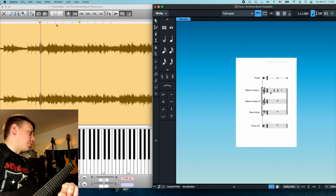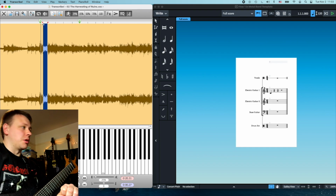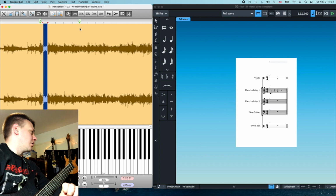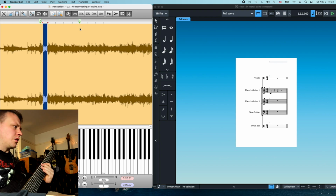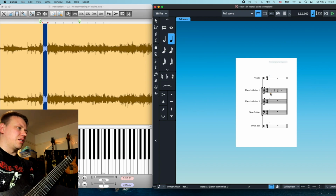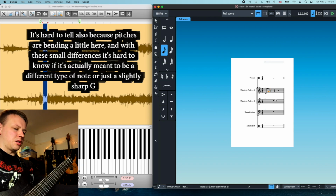And man, it'd be kind of funny if this ends up not being really microtonal. But I think even if it uses a lot of the same notes, there are definitely some in-between inflections at least. So that is G, and I think it's like plus a few cents. So I'm going to say